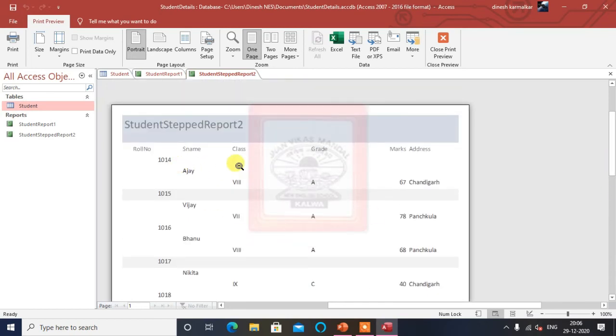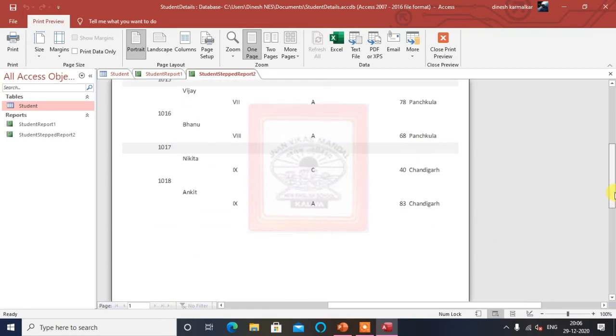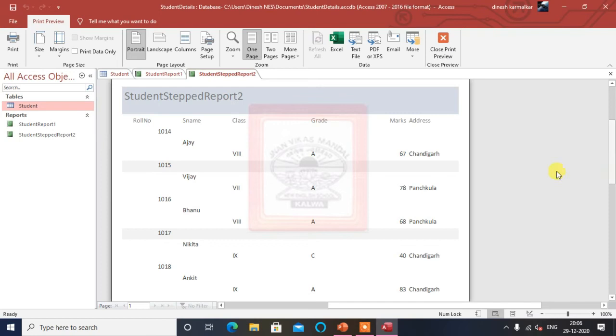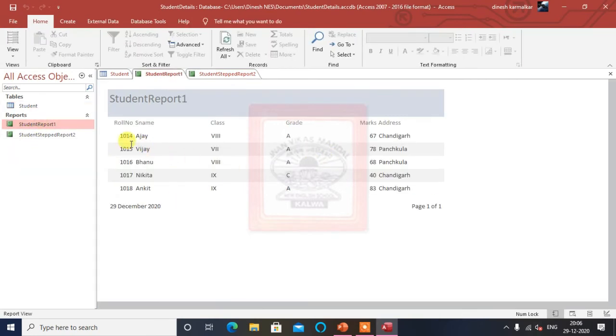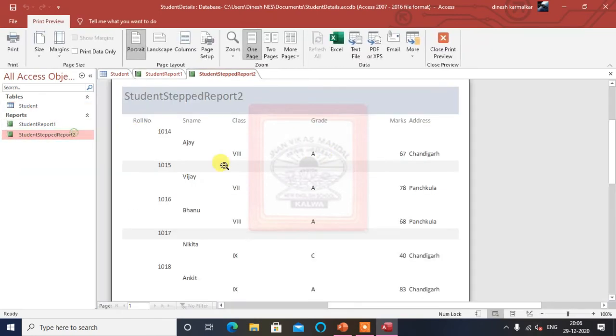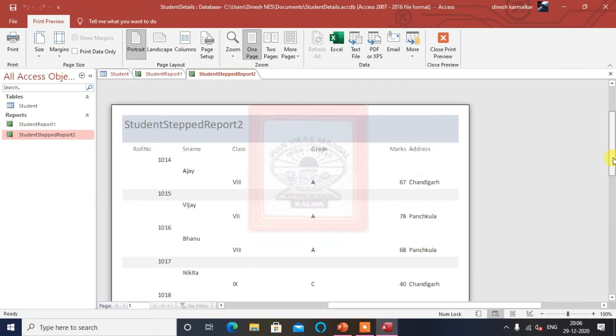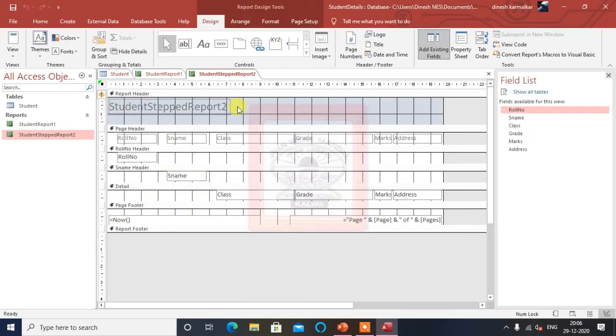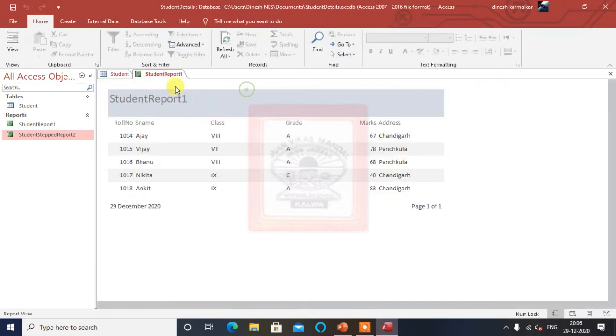The first group I took is roll number, the second group serial number, and then after this the 4 fields. So this is another way of presenting the report. You can see it more clearly than this; in that one everything is in one line, and here you can see it in different ways. Now there is one more option that I will see. Let's compare this. Close this, I will close this also, and this also I will close.